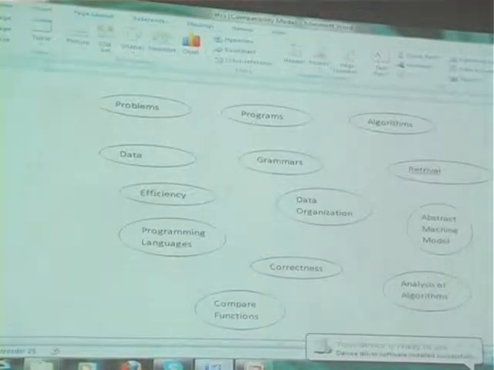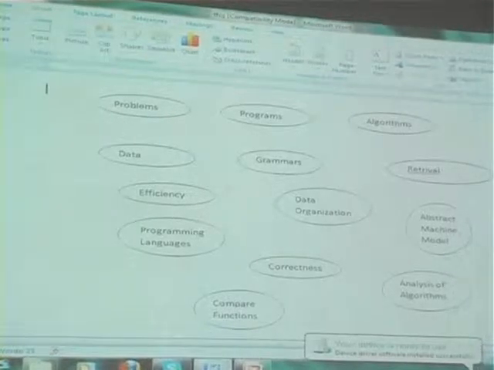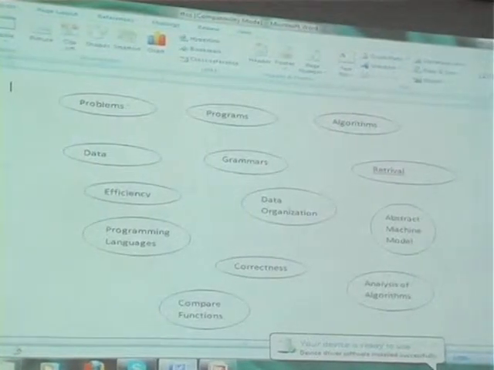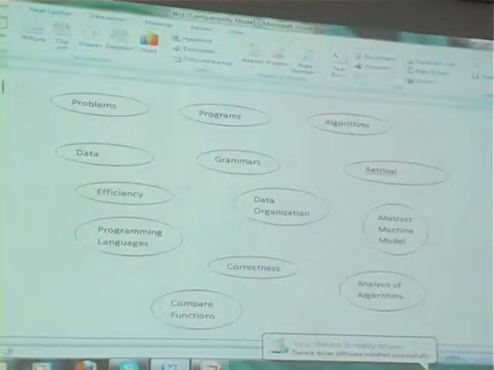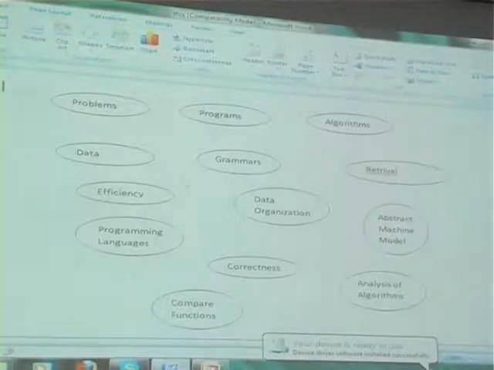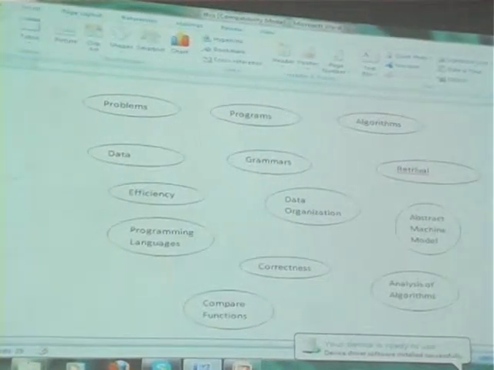Like if you go through all these things, right from problems, programs, languages, correctness, and analyzing, and all these things. Now, the biggest problem for a computer graduate is that all these concepts they are going to study through the computer science curriculum, but how to fit these things in, and how to correlate these ideas with one another. So that's what we are going to see next, in a short time.